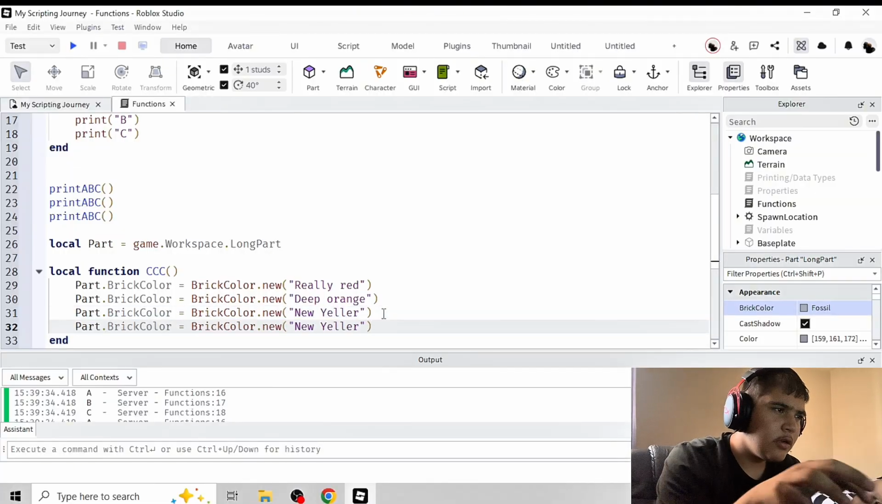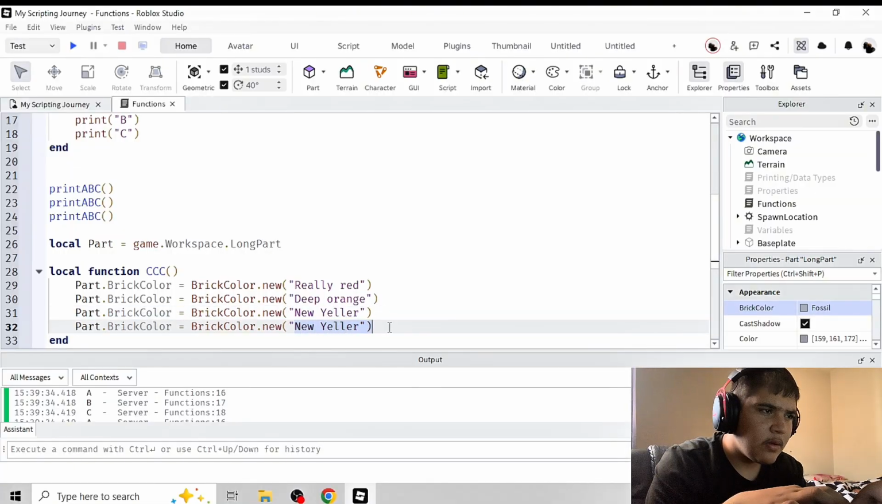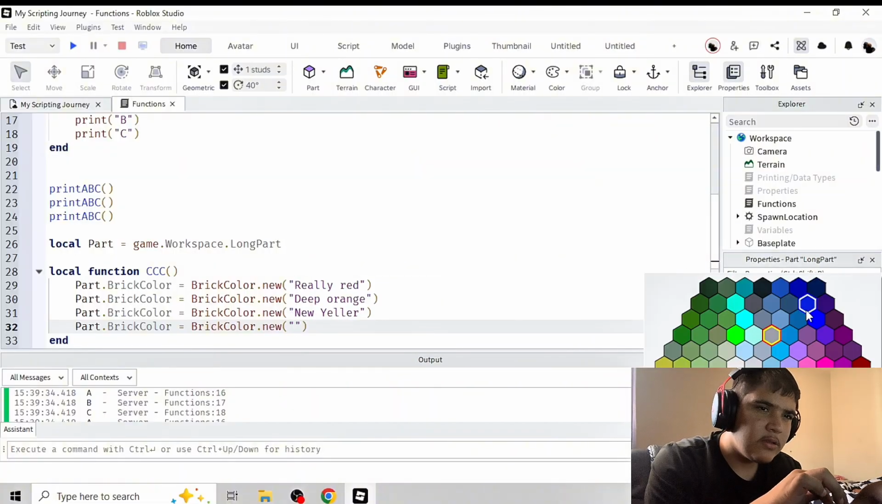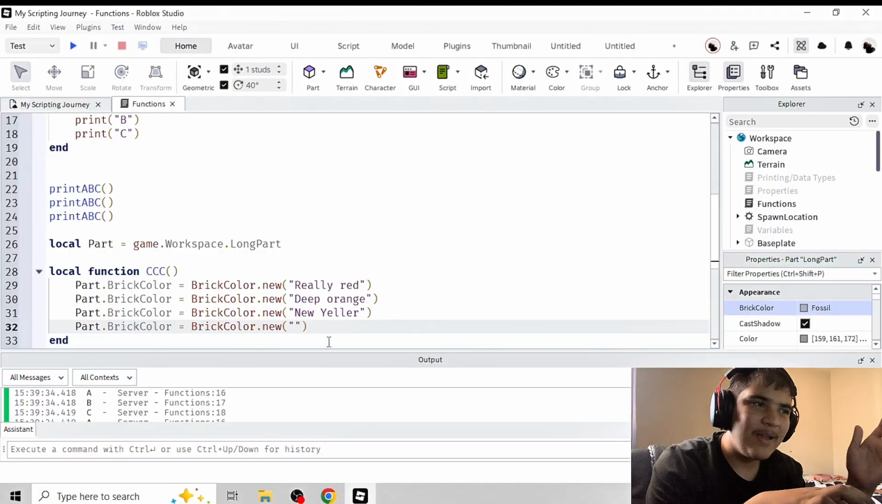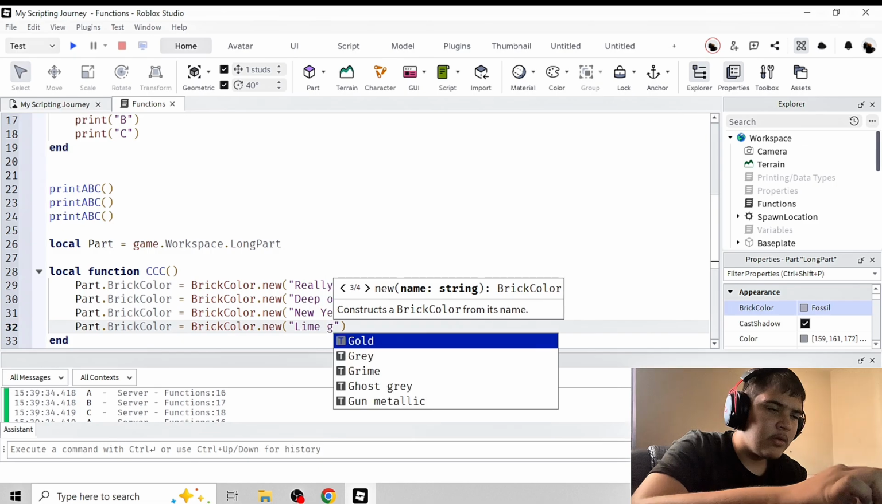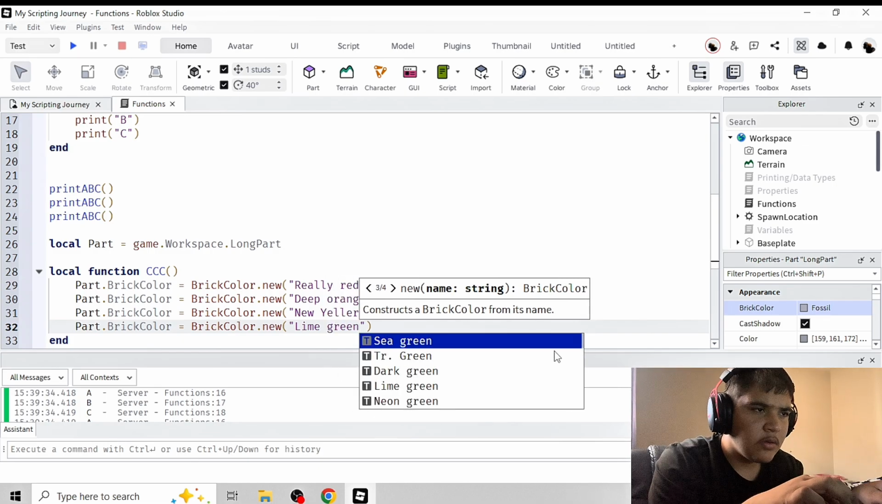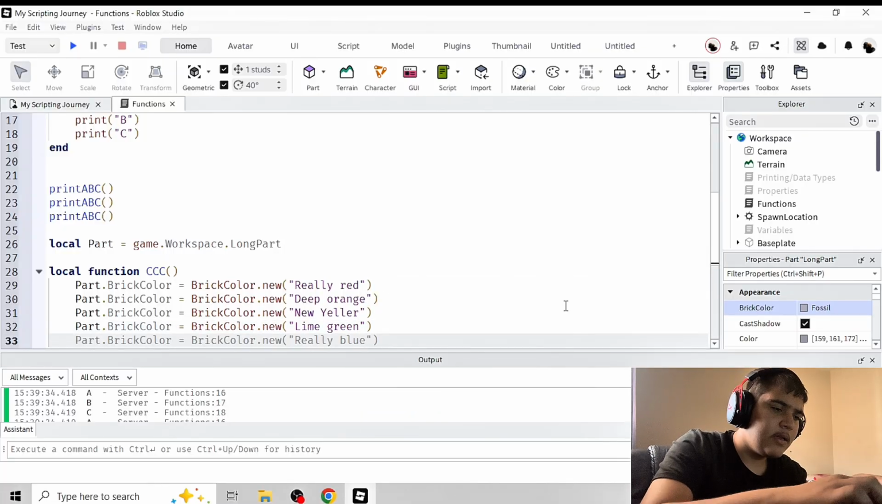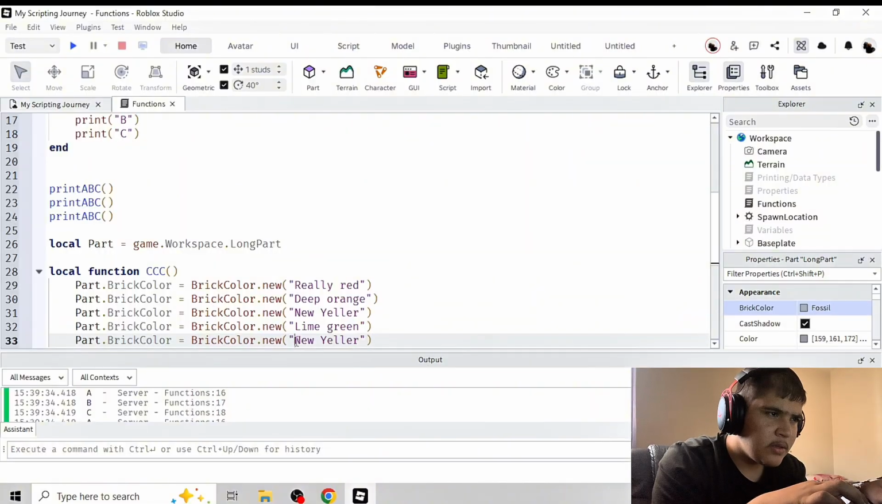Come down here. Now yellow, green. Okay, so green. And then in one of the videos it was lime green, so it's probably lime green. Yep, lime green. There's sea green as well, dark green, lime green, neon green. Okay. And then if we write this again, it should be instead of lime green,